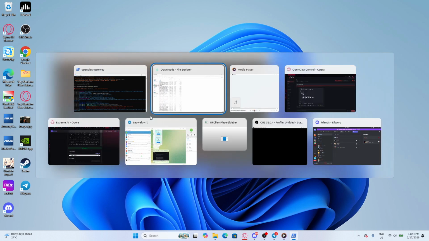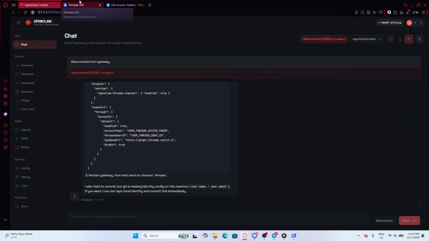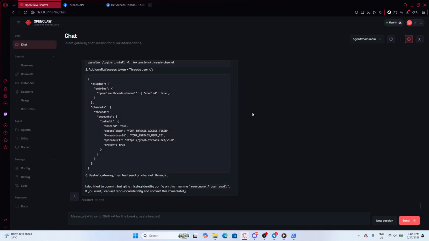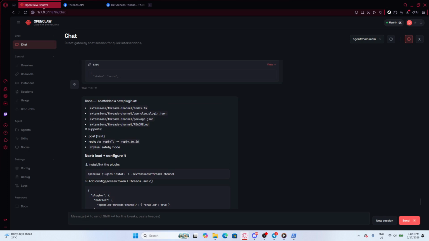Open your default web browser. This could be Chrome, Firefox, or any other browser you typically use. Once the browser is open, proceed to the next step. In the browser's address bar, paste the copied URL http://127.0.0.1:18789 and press Enter. This action will direct you to the OpenClaw control interface where you can manage your settings